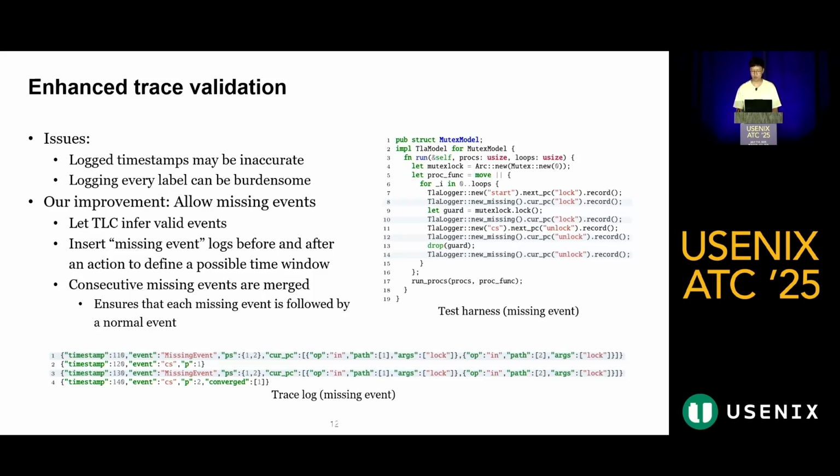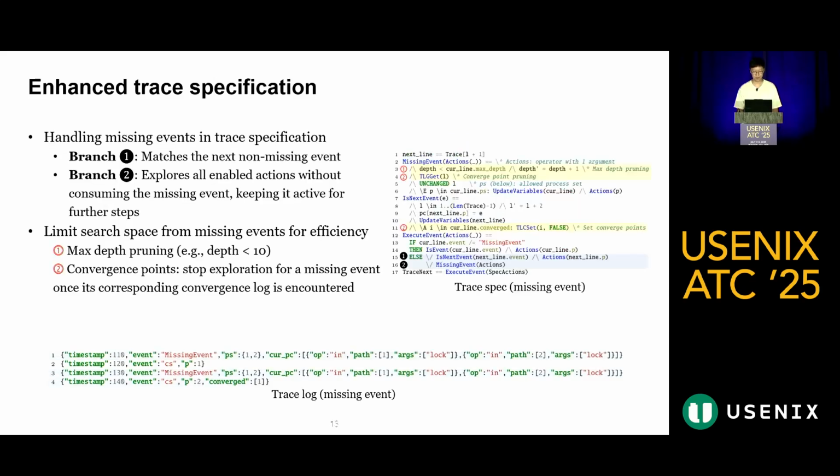After sorting the log by timestamps, post-processing merges consecutive missing events into a single one, ensuring that the next event is always a non-missing event. The non-missing events then serve as anchors to guide the matching process during validation. This design allows the model checker to infer action order within a merged missing event and infer unlogged actions.